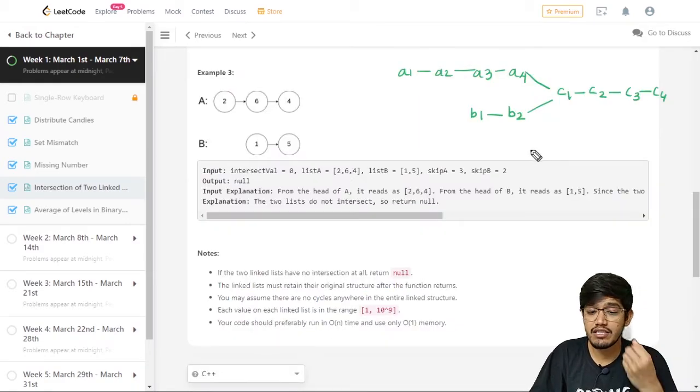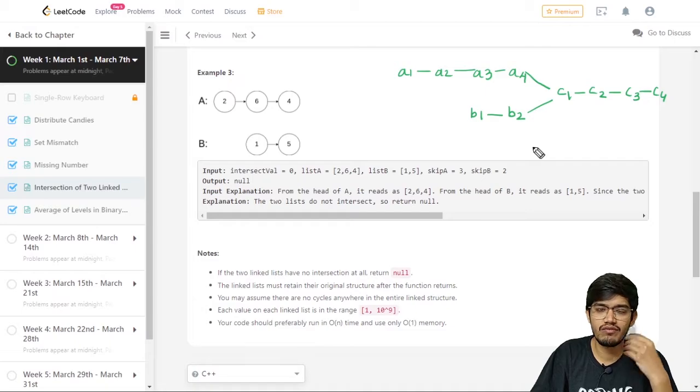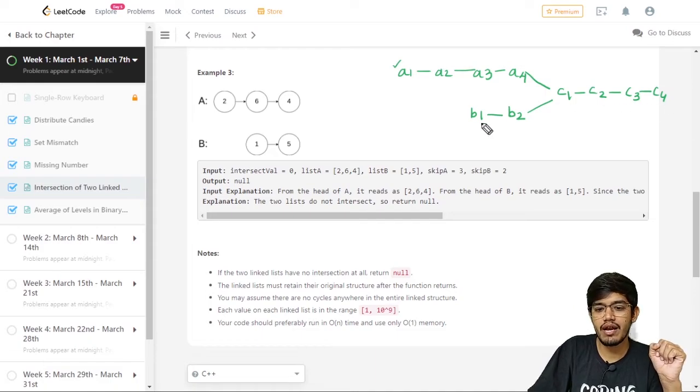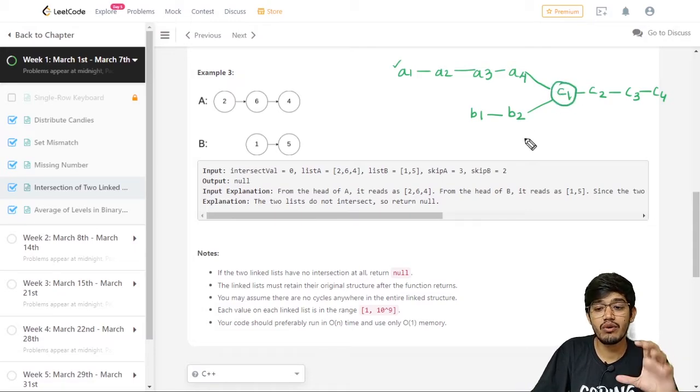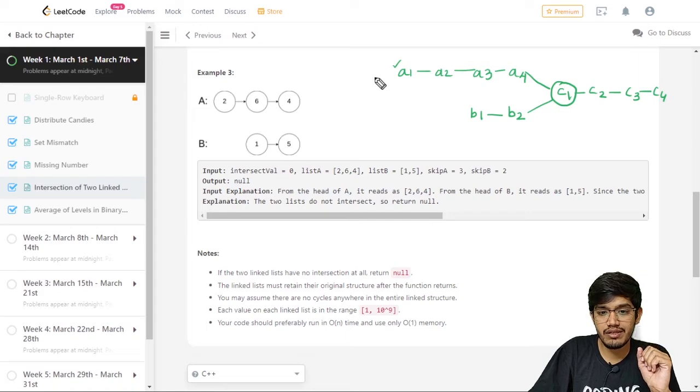So let us try to understand the approach we can use for solving this question. Suppose this is the structure of any given input. This is the first linked list A1, A2, A3, A4, then C1, C2, C3, C4, and the other is B1, B2, C1, C2, C3, C4, and we have the intersection point at C1. How can we find this intersection? Either this can be the larger linked list, or this can be the larger one.